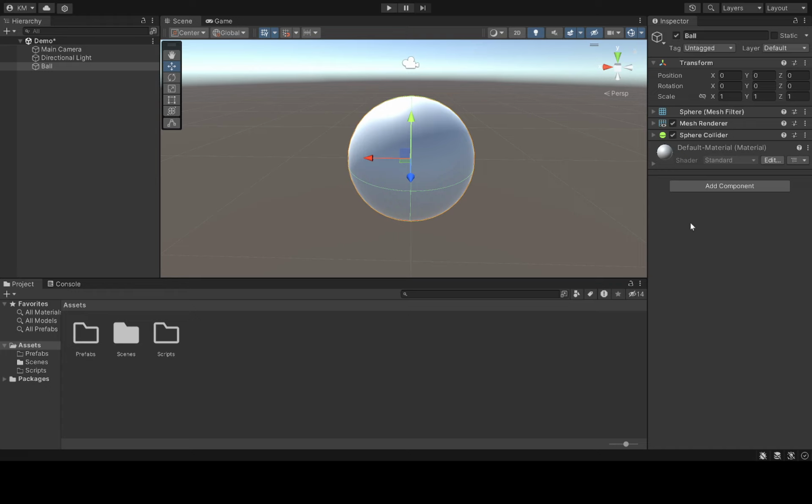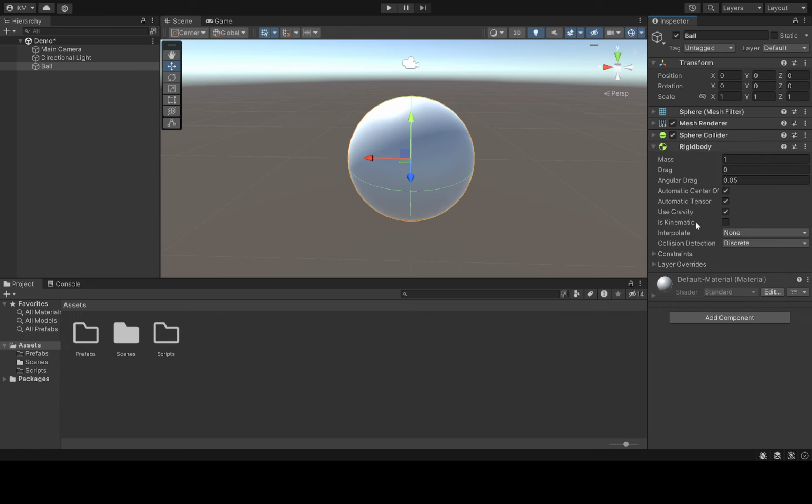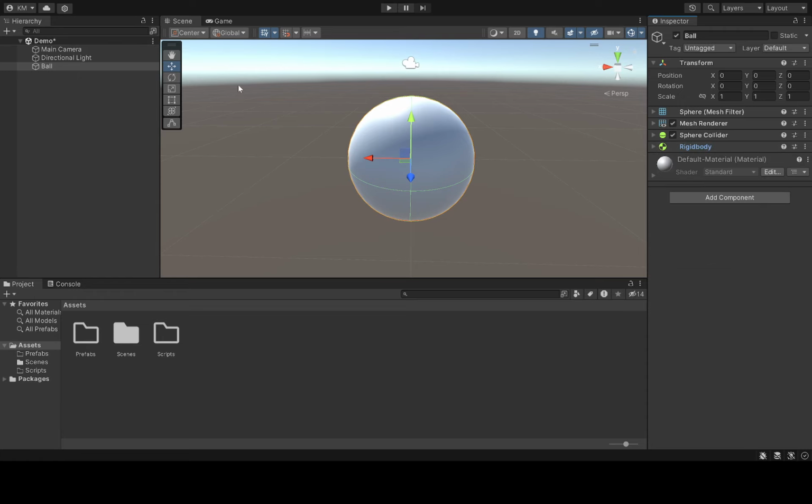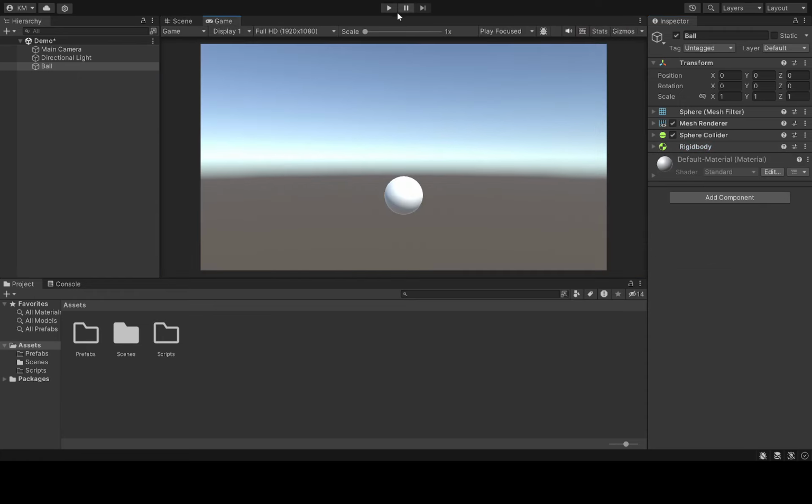Make sure that when you're working in 3D, so spheres, cubes, all that stuff, you're giving it a 3D rigid body, which is just the rigid body component. Any sprite work that you do in 2D games would need to be given a rigid body 2D component instead. But for 3D objects, we just want the normal rigid body. Once we give it a rigid body, it has physics. So if we play our game,